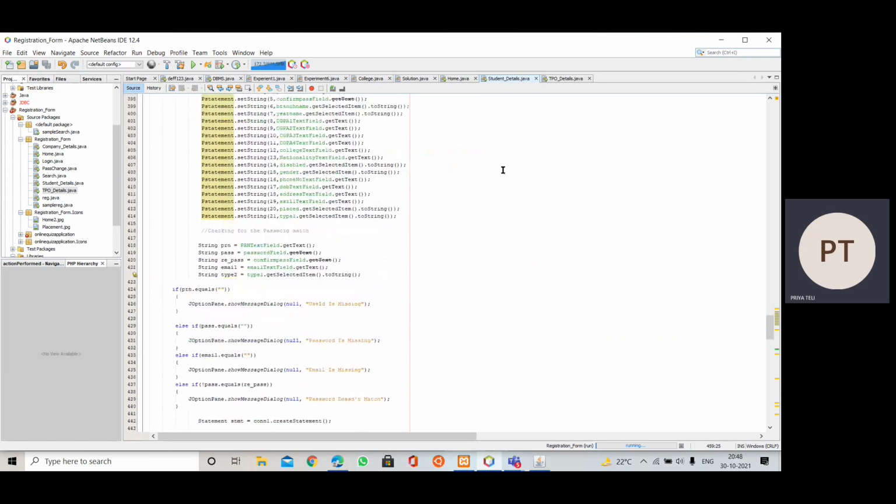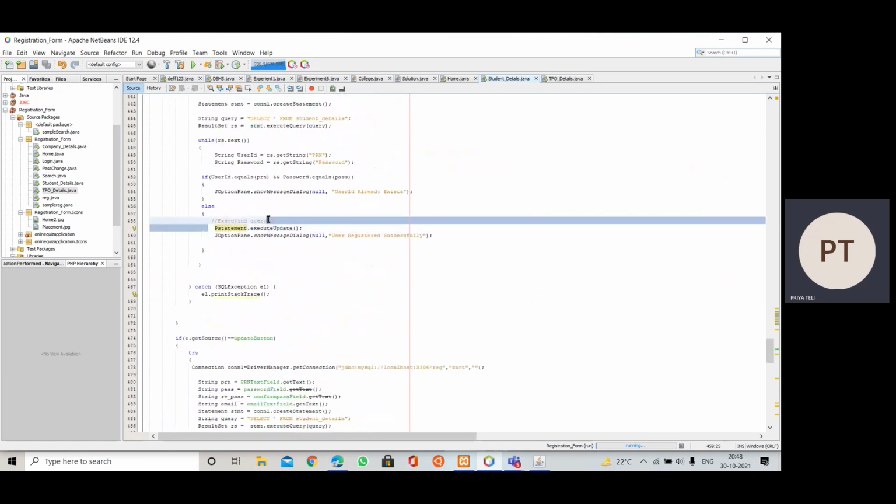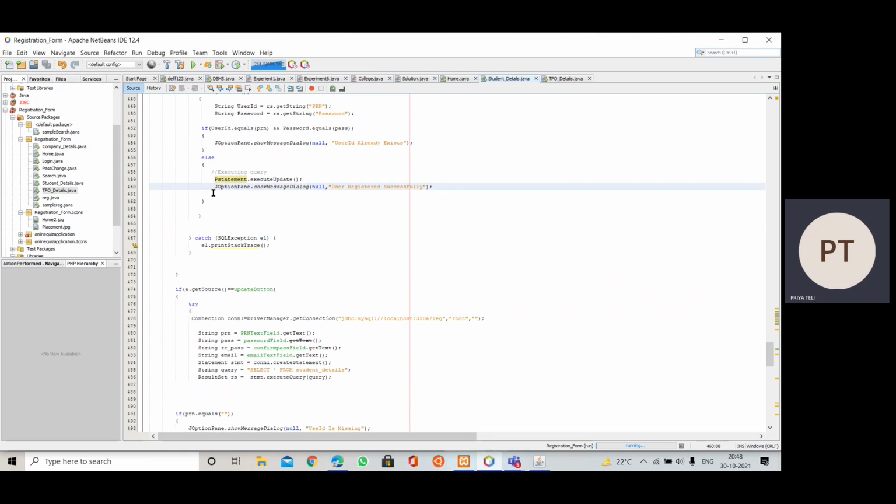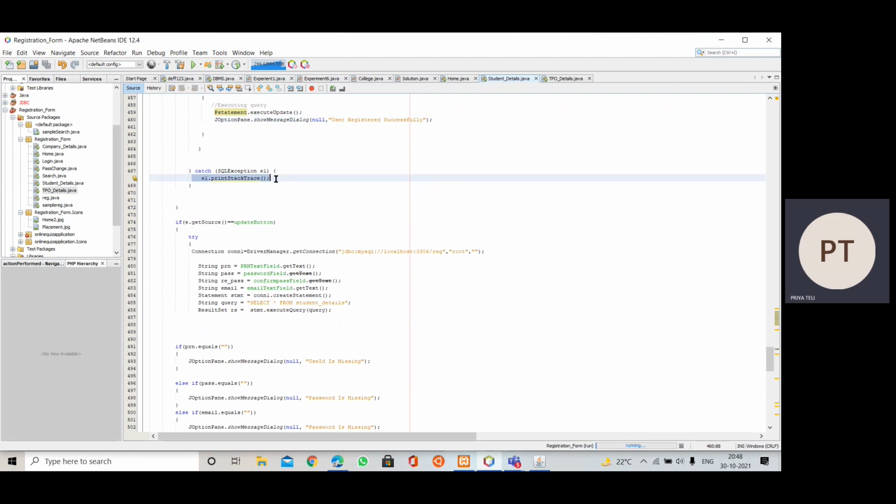So here we are going to execute this query, pstatement.executeUpdate. We have this executeUpdate method for the PreparedStatement object. We will execute this query and then it will show the message user registered successfully. And all this code comes inside the try-catch block. Inside the catch block it takes the exception. We create an exception object here. As we know, an SQL exception might occur, so we can specify the specific exception name here.